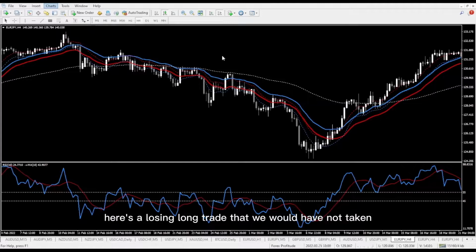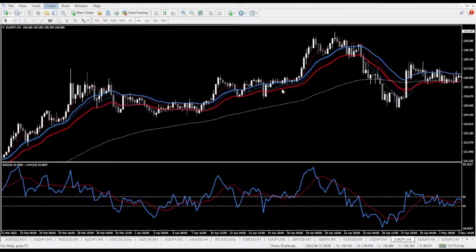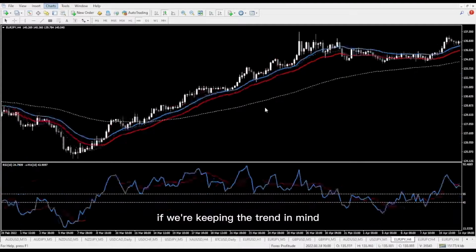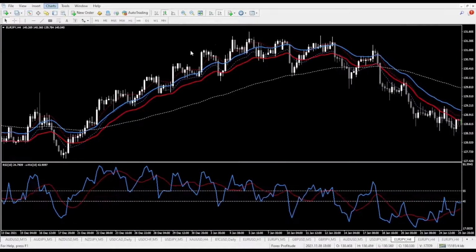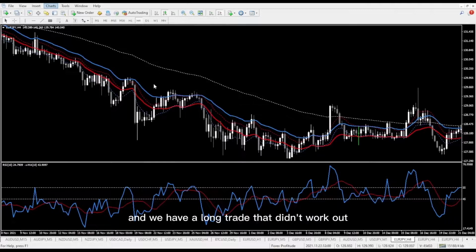Here's a losing long trade that we would have not taken if we keep the trend in mind. This would be a losing short trade that we would not have taken if we're keeping the trend in mind. And again, we've got another losing short trade that we wouldn't have taken if we keep the trend in mind. And we have a long trade that didn't work out. We had a long trade that didn't work out. We have a long trade that didn't work out. And these are simply trades that we don't take because we are trading with the trend and not trading against